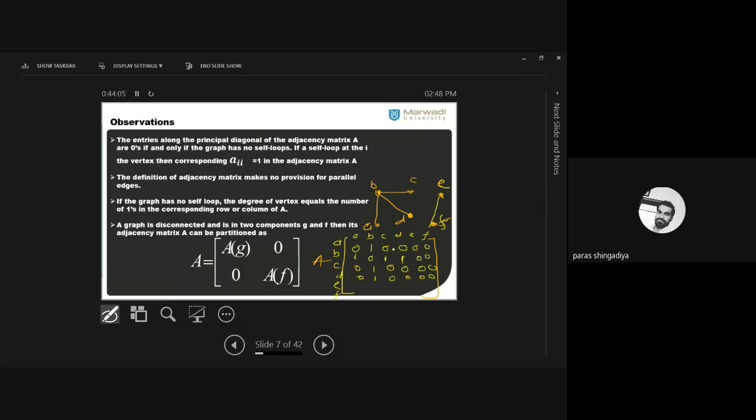Why is it 0? Because these 4 vertices are not connected with these 2. Therefore, these 2 rows indicate the 0 answer at each place. Clear? Why is it so? Because these 4 vertices are not connected with these 2. And when we identify the connection of this one, here both rows up to the fourth column will be 0. Okay? Up to here, in both the rows it will be 0.